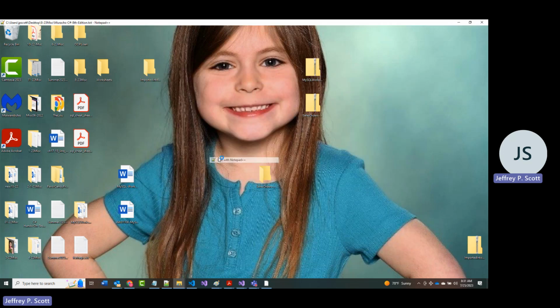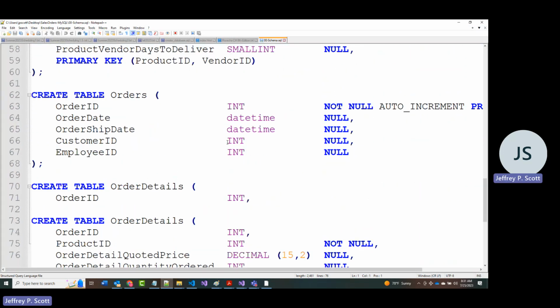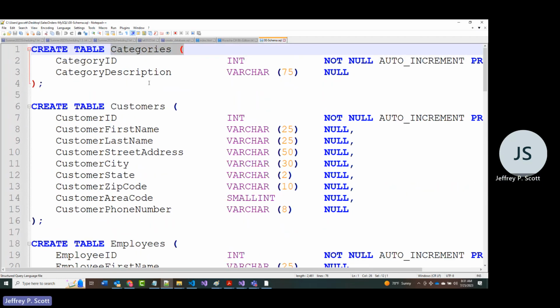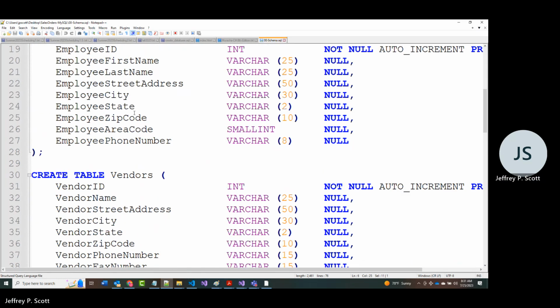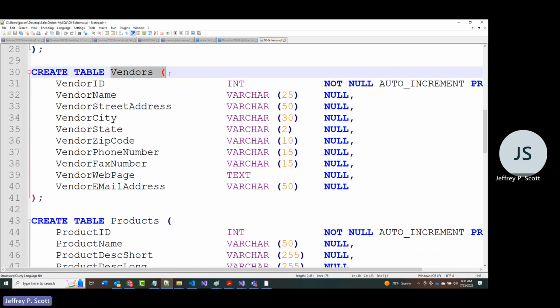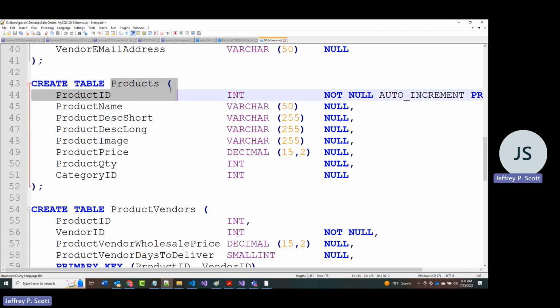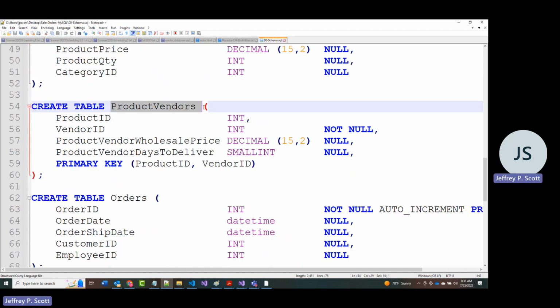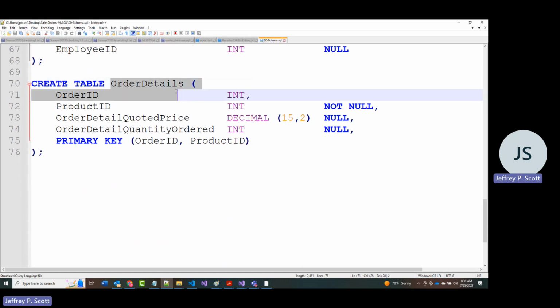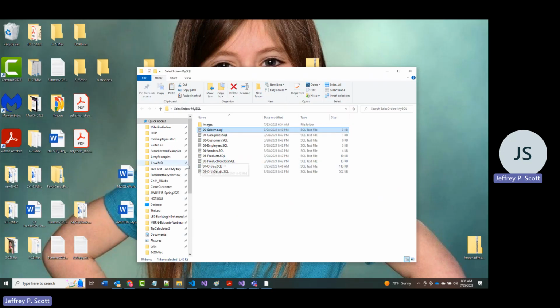And if I open that up, this has got 1, 2, 3, 4, 5, 6, 7, 8 different tables in it. All right. And before I do anything with it, which I'm going to do in just a minute,